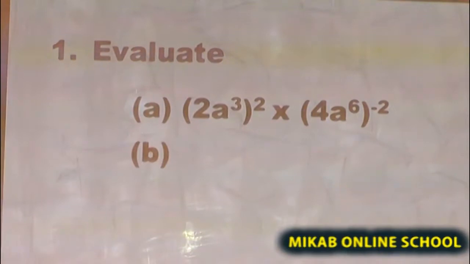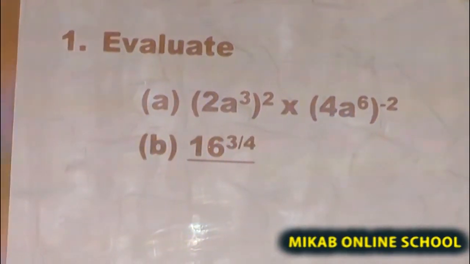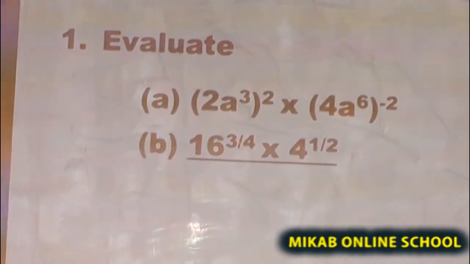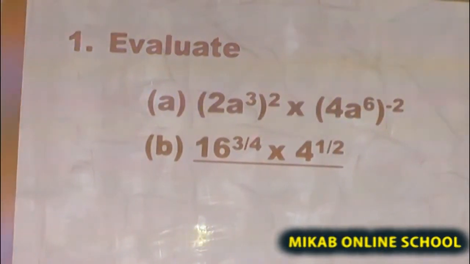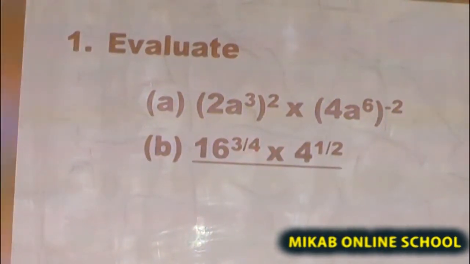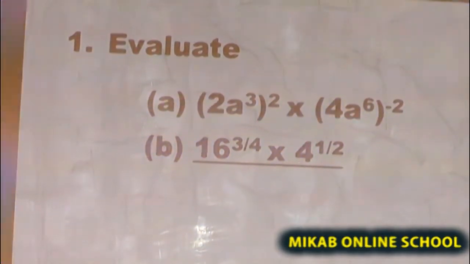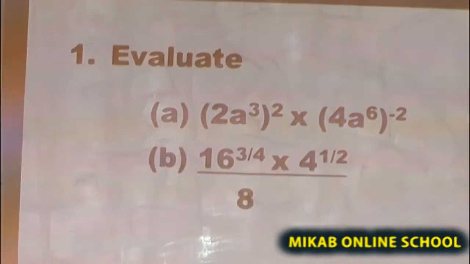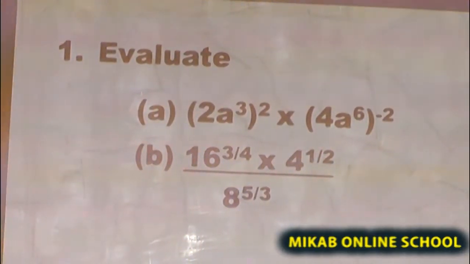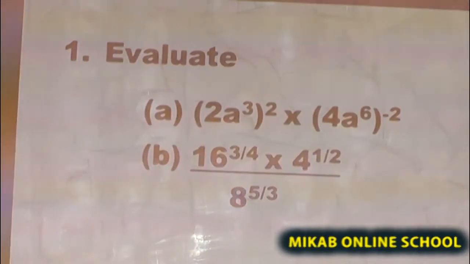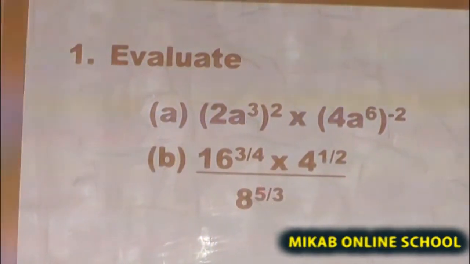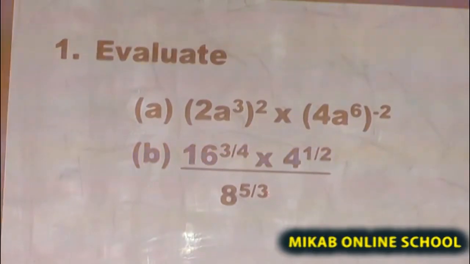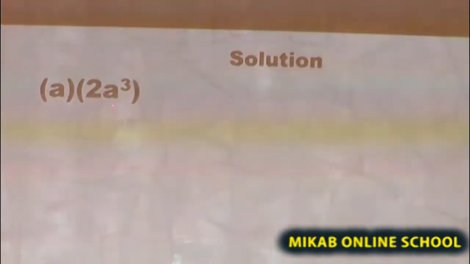The second one is asking us to evaluate 16 raised to the power of 3 over 4, multiplied by 4 raised to the power of 1 over 2, everything divided by 8 raised to the power of 5 all over 3. The solution of the first question goes thus. The first question is asking us to evaluate